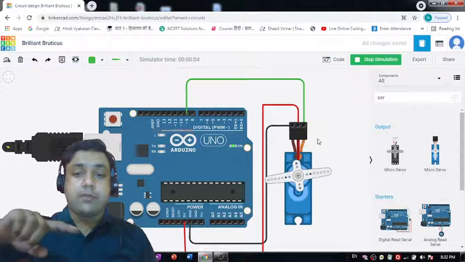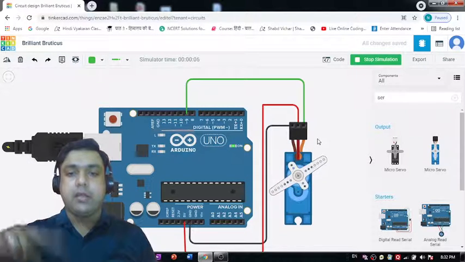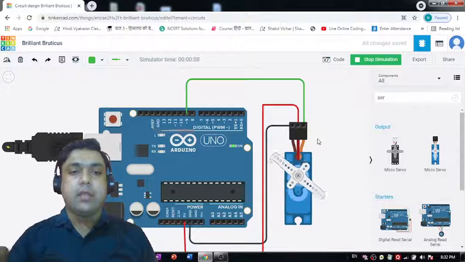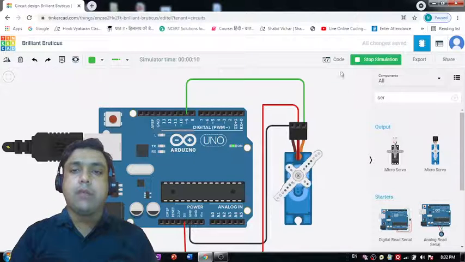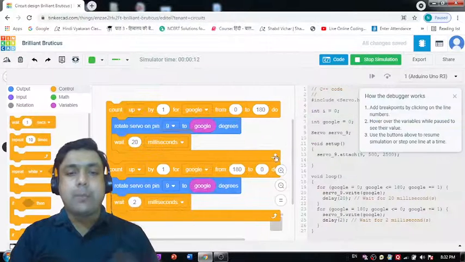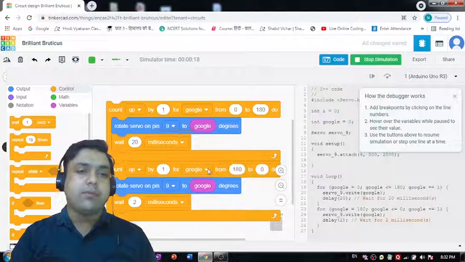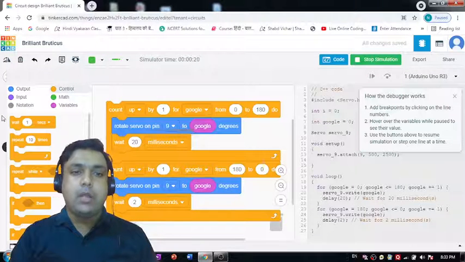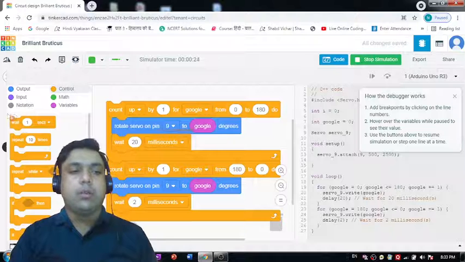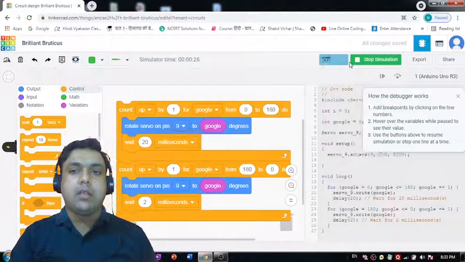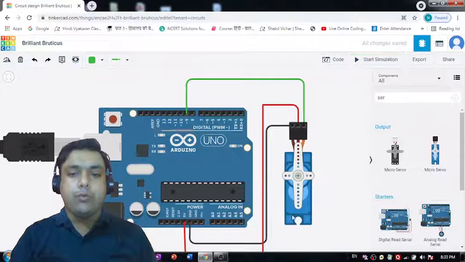Okay, so now it is covering a bigger area, right? It is covering a bigger area. That's how whatever you're learning, keep experimenting on those codes. Then only you will be able to get a good understanding of all these things. Right, so today we learned how with the help of this count block we can make the servo motor move